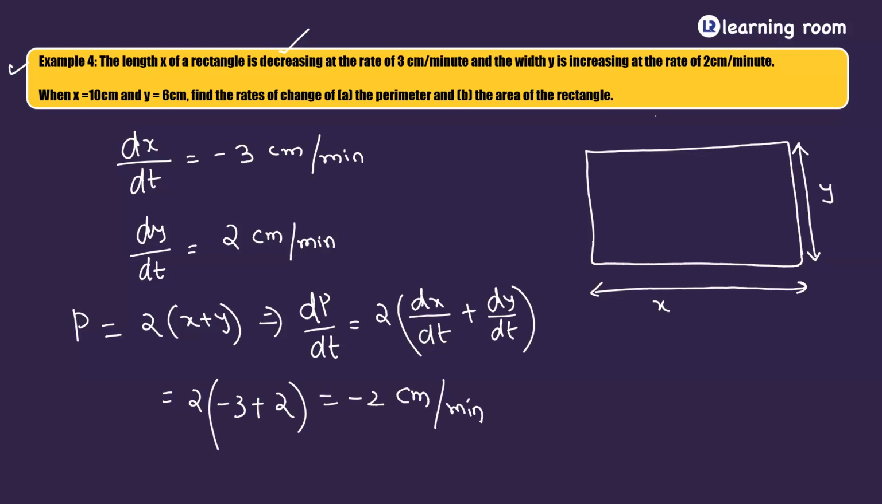minute. Meaning, when the length is decreasing at this rate and the width is increasing at this rate, the perimeter is still decreasing. That is why you get a negative. We don't know what is going to happen to the area because it depends on the numbers. Right. Now,